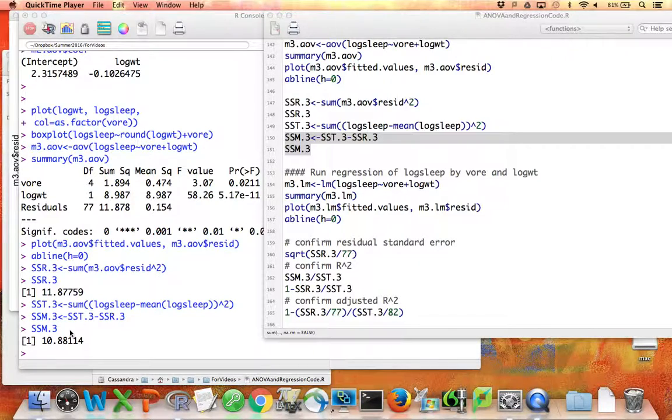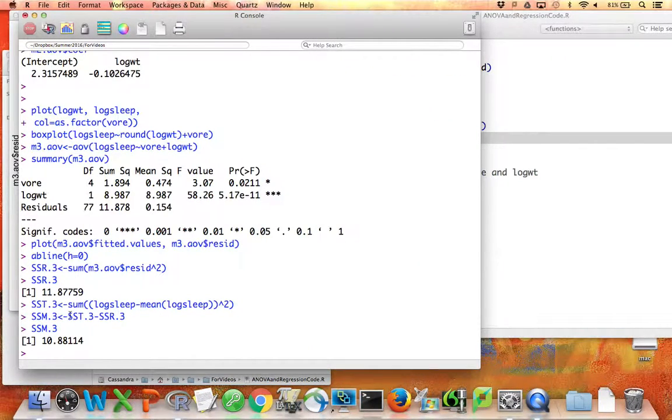This number, the sum of squared model, in other words, the difference between the total sum of squares and the sum of squared residuals, is equal to 10.88. That's not a number that we see in the sum of squares column of the ANOVA table. However, it's equal to the sum of the sum of squares due to VOR and the sum of squares due to log weight. In other words, these three numbers here do add up to the sum of squares total,